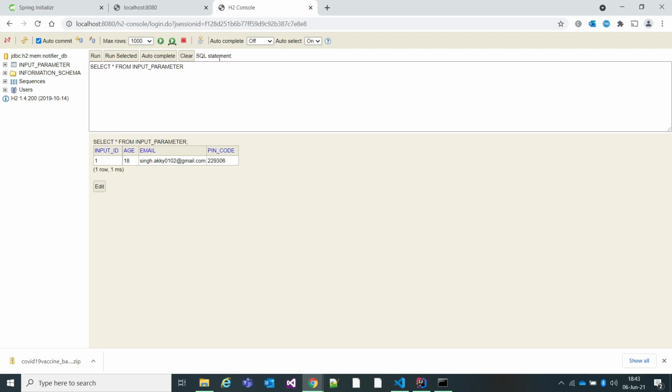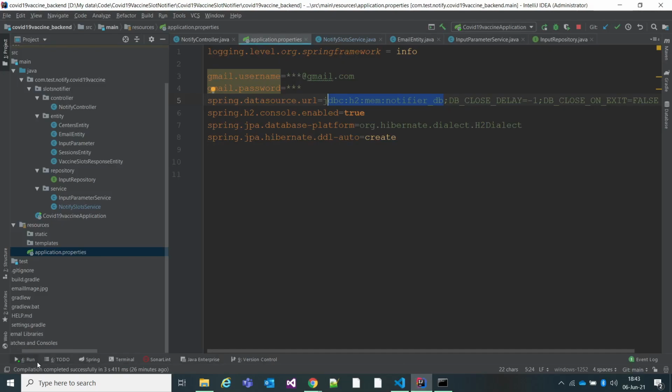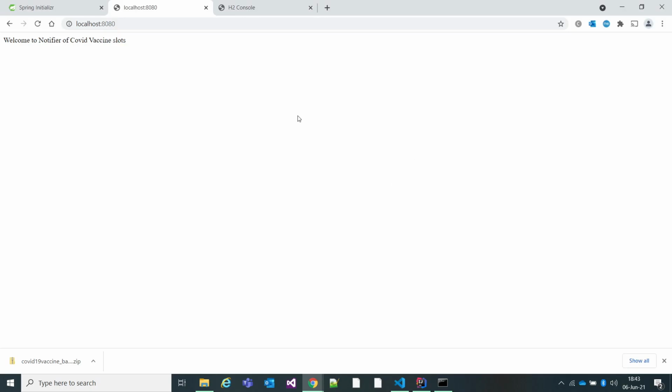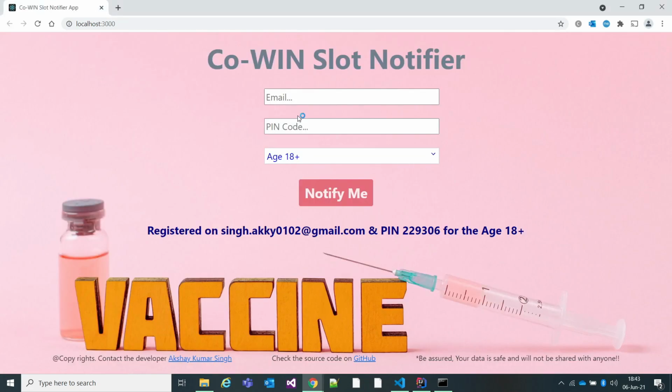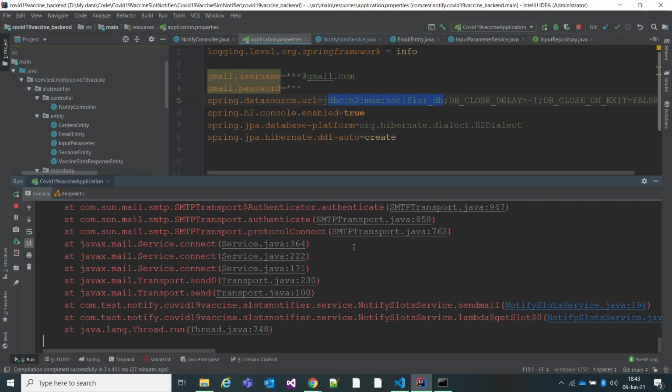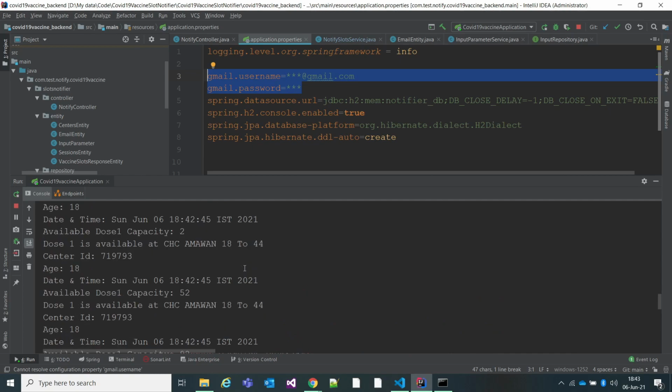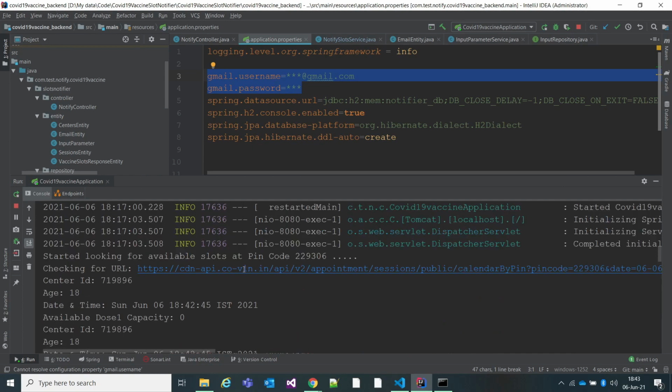Once it is available in the database, if you see the logs, it should be sending the email. It seems I got an authentication error because I have not provided the correct username and password. But you can see the sysouts I have printed.